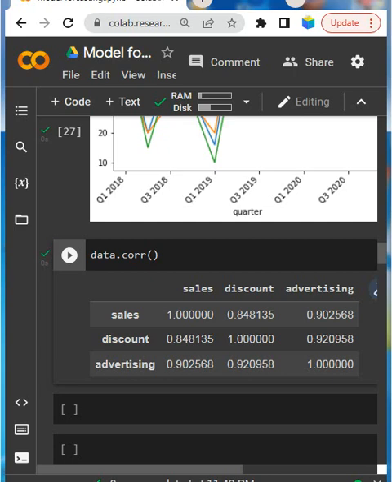You can also observe a strong correlation between the two explanatory variables, discount and advertising. This is important to notice, because if two explanatory variables are very correlated, it may add little value to use them both, and they contain almost the same information.